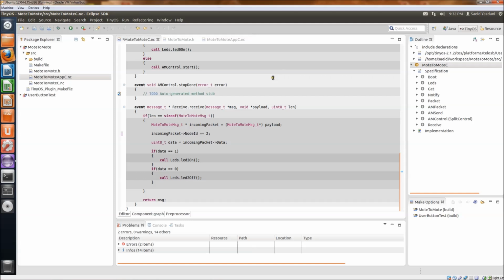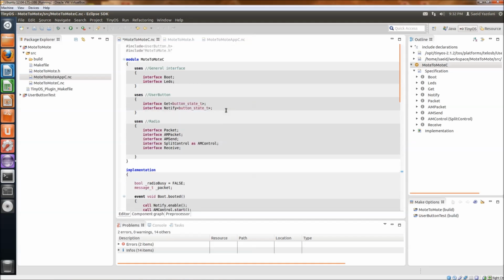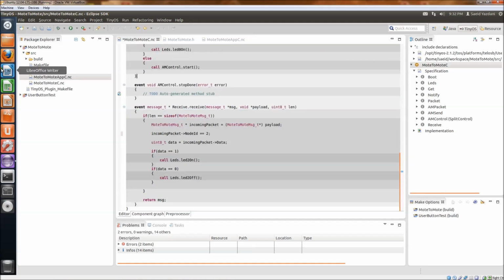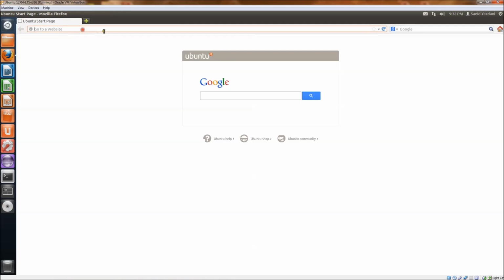I think that's all for this tutorial, and in the next one I'm going to talk about how to receive the packets from the wireless network using the USB or the UART on your PC. For example, if you want to read the sensor data, such as the temperature, and show it on the screen of your PC, I'm going to show you that. Meanwhile I suggest you follow this article and tutorial and try to do it yourself,